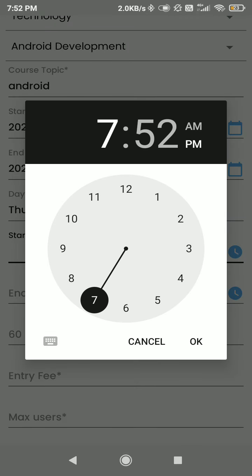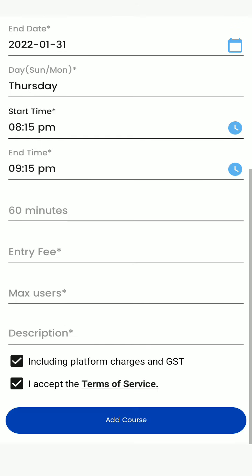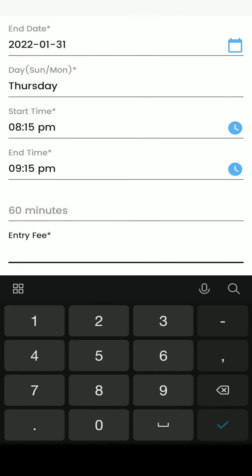on a weekly basis. It means classes will be once in a week. Okay, now select time. If you are starting from today, you must select a time 15 minutes ahead of the current time. If you are starting from tomorrow or any later day, then you can select the time as per your convenience. Okay, now I have to select 8 p.m. 8:15 I will select.